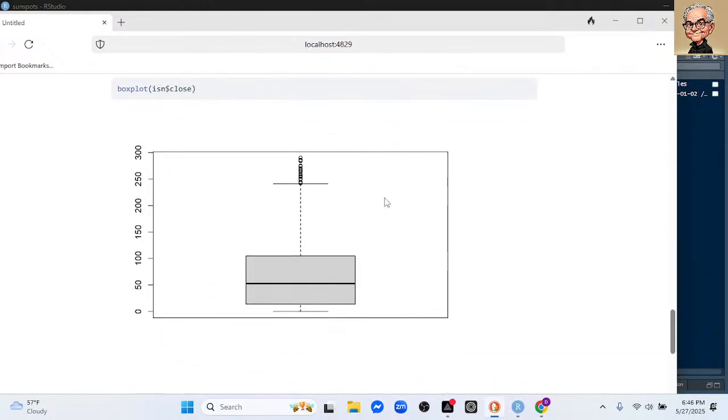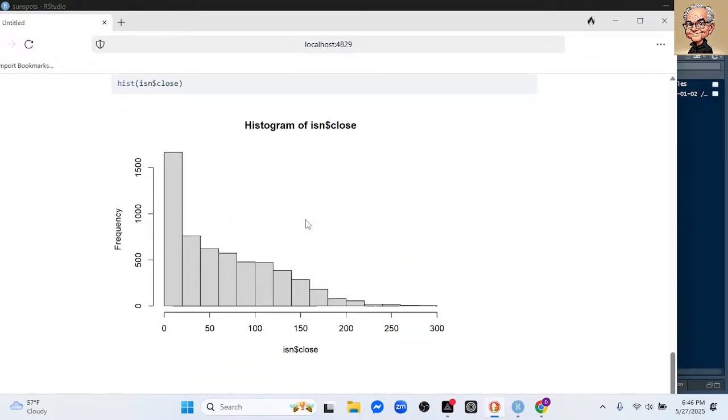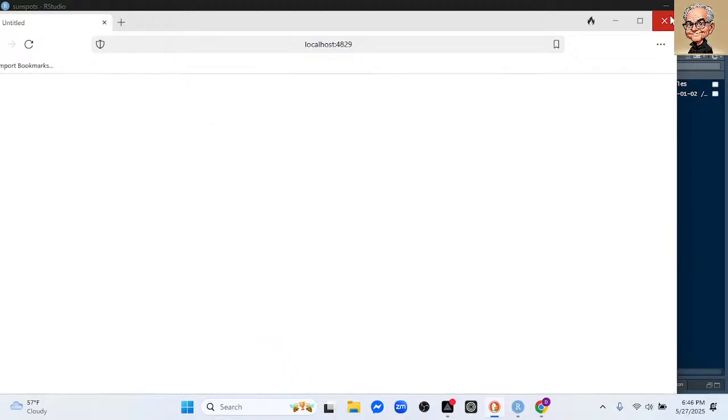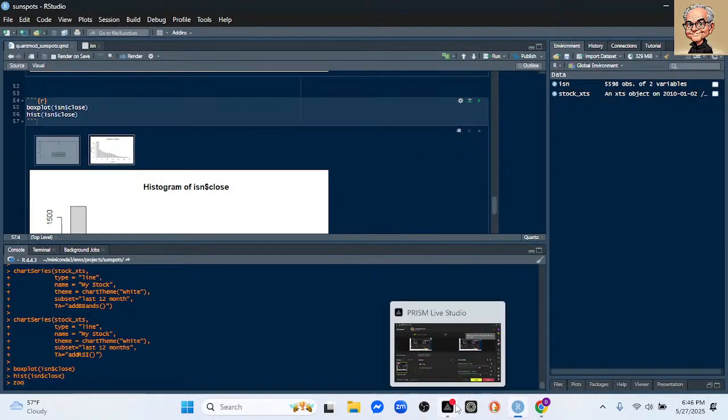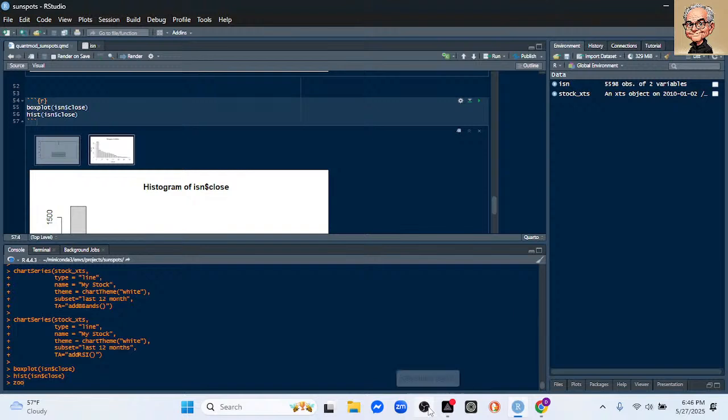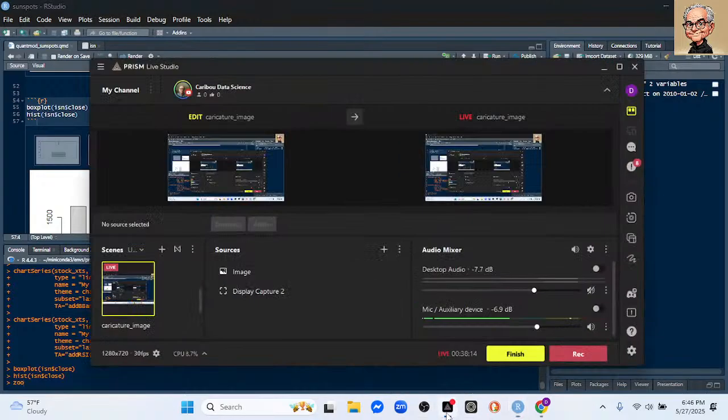And now we got our box plot and our histogram. And there you have it. How to analyze stock data, how to use stock methods to analyze sunspot data. There you go. Once again, it's a demonstration of how you can do fun things. You can use the wrong package to get fun results, okay? In this case, the question is,